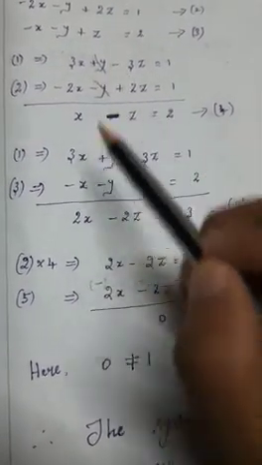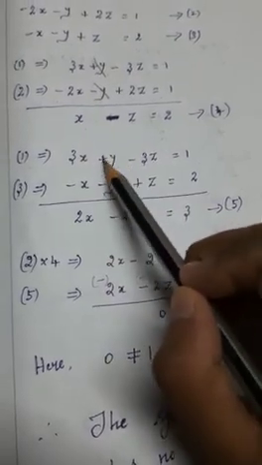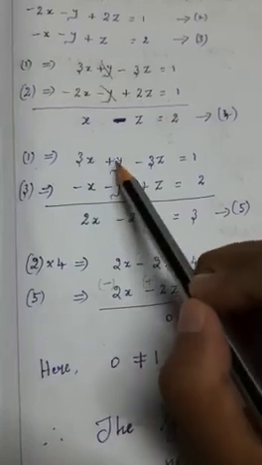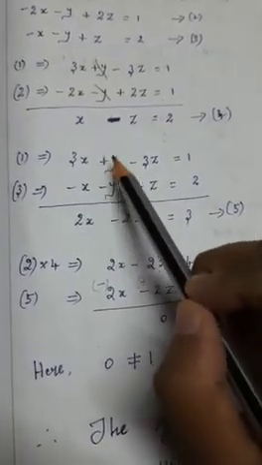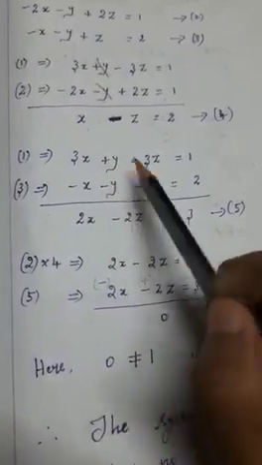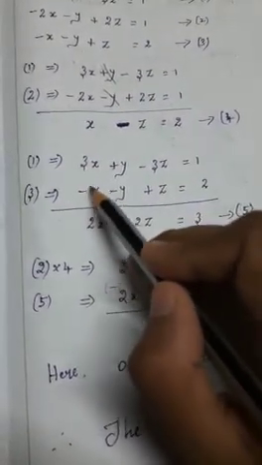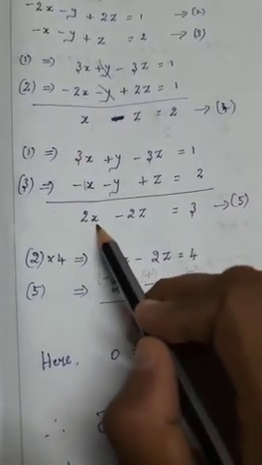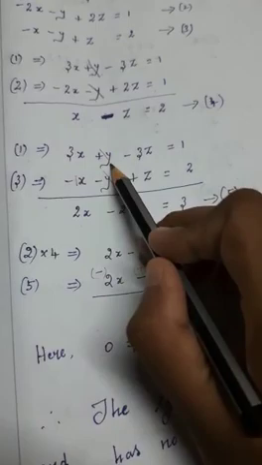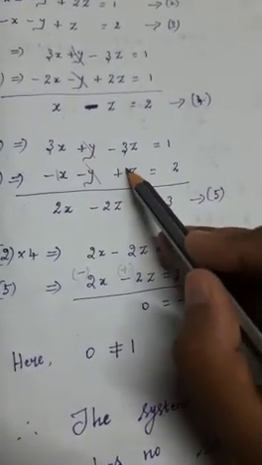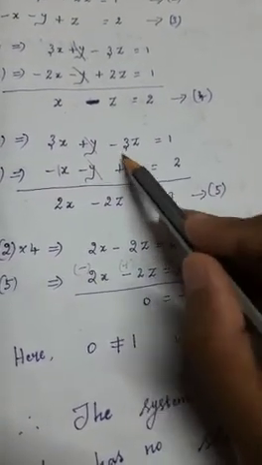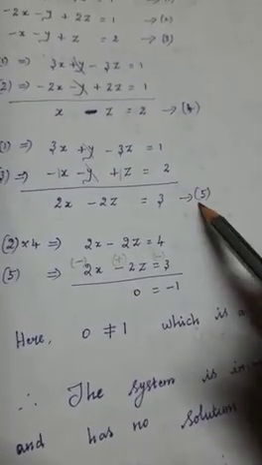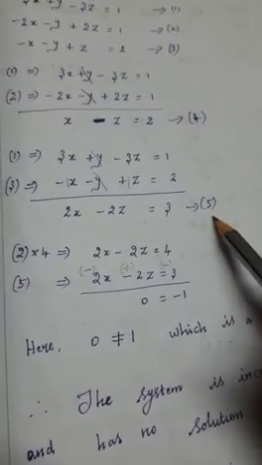So here also we should eliminate the y variable. You can see the numerical coefficients are the same, plus 1 and minus 1. So while adding these two equations, you can easily eliminate the y variable. Add it: plus 3 and minus 1 is 2, so 2x. The y terms cancel. Next, minus 3 plus 1: the signs are different, so subtract and take the bigger number's sign, which is minus, so minus 2z is equal to 3. Now we have got another new equation, which you can consider as equation number 5. Now you can